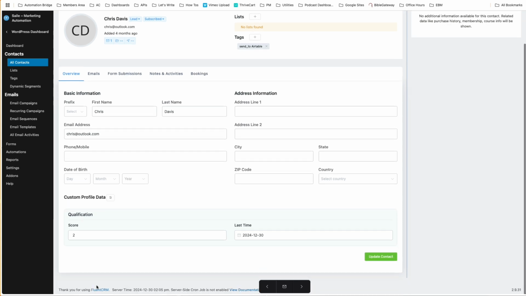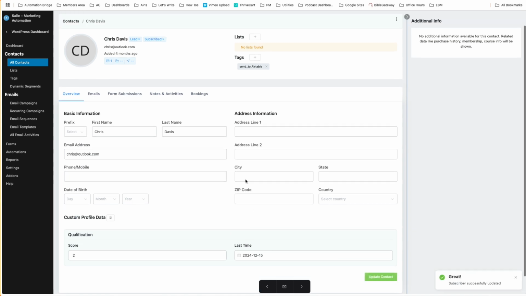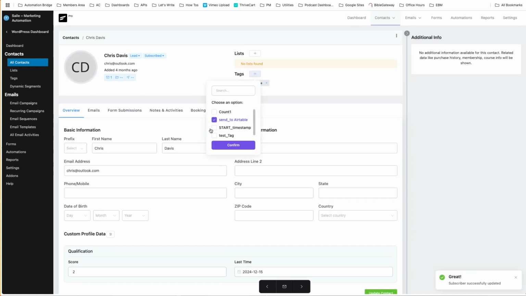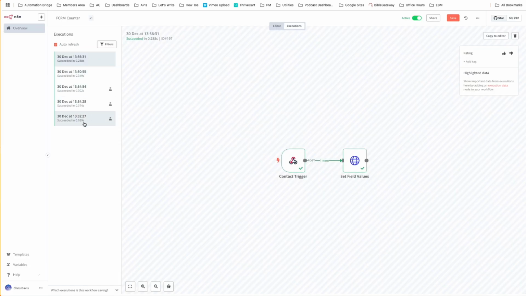And I'm going to, as we see, 12. Let me change this date again. The 15th, update the contact. We come here, add the tag, hit confirm. And when I go here, it should show me another. I mean, it happens so fast. There it is. All right, I did catch this one. Okay, so let's go